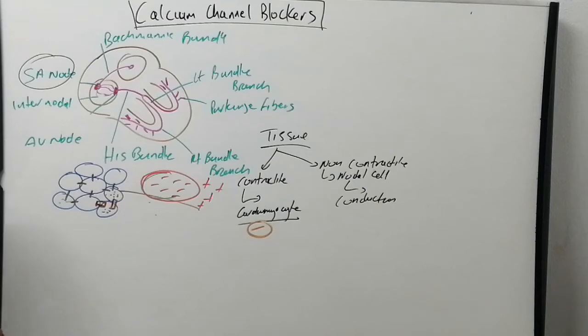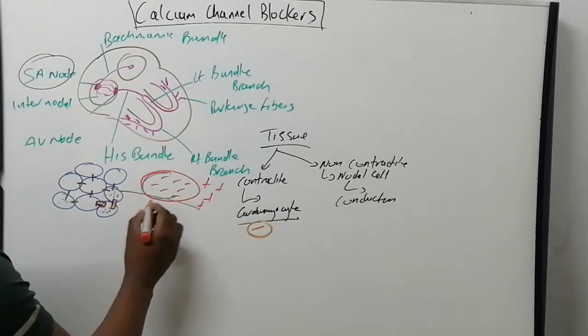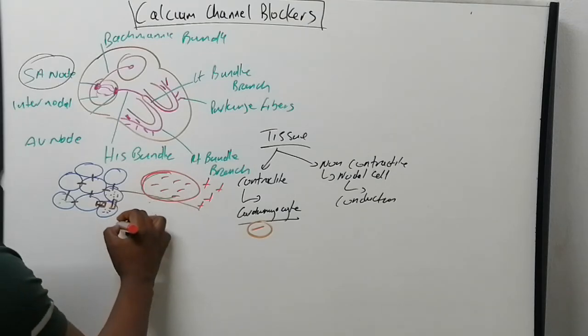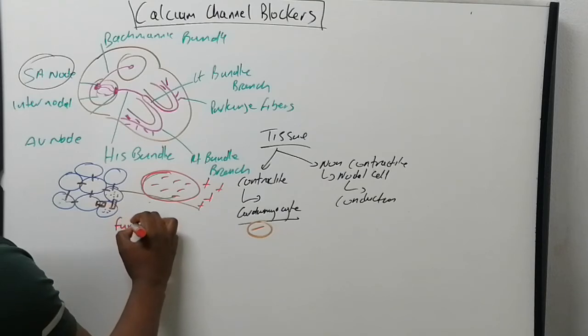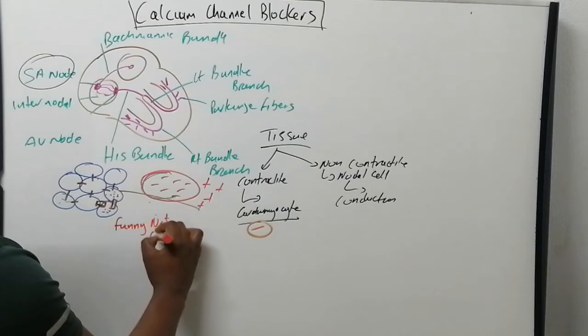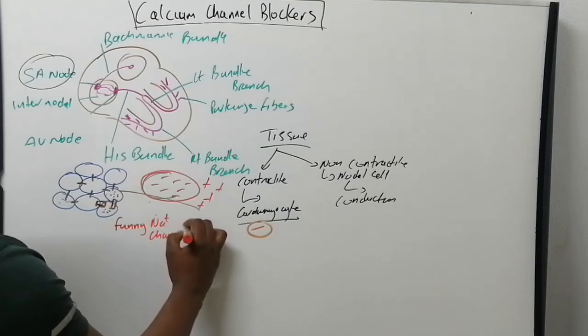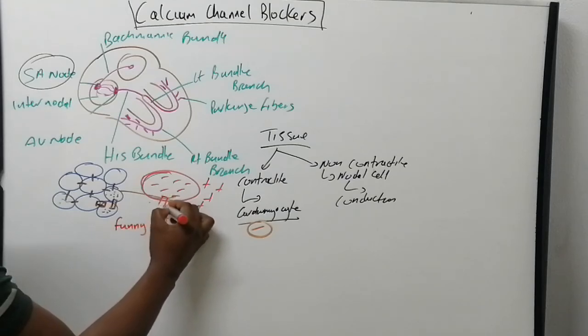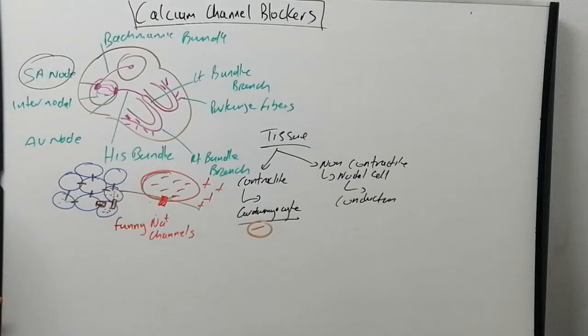Okay, let's come back to the nodal cells. What happens is that the nodal cells have leaky sodium channels. They are called funny sodium channels. These funny sodium channels just keep allowing sodium to get into the nodal cells. If we can make a graph of that,